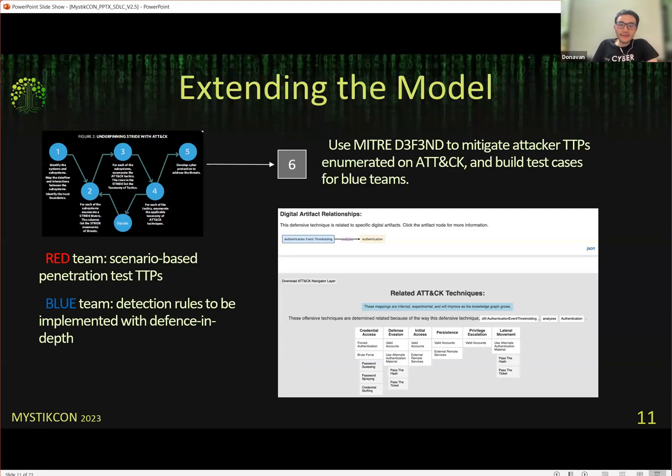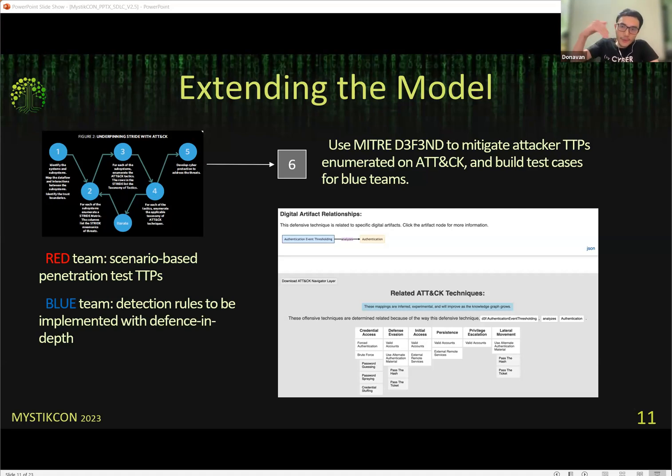So you see that this whole iteration process is helpful because it influences the downstream security activities. I mentioned that earlier. So what do I mean? Well, in the case of the red team, basically, it could be your internal pen test team, a bunch of folks who would attempt to enumerate, to test certain attack scenarios. We can design our pen test around a scenario-based assessment as opposed to something just like a VAPT. You tell this guy, go through OWASP Top 10, and then you'll be done with, right? That we can go further.